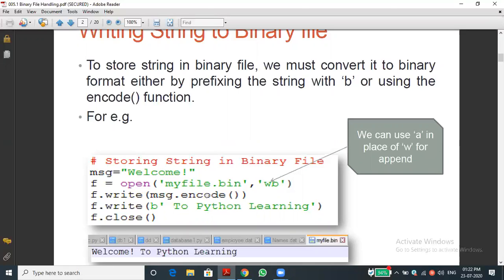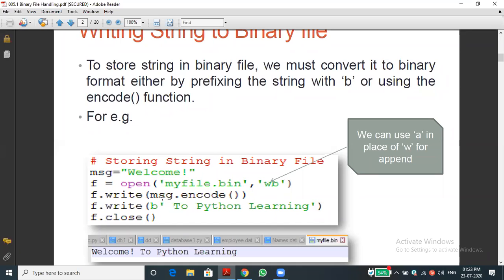But here what are we storing? We are about to store a string. So suppose we want to store a string, or integer, or whatever data type, other than binary streams, we must and should encode that. That is the only way. These are all basic operations. In later classes, we will see how to store it directly. This is the basic concept of binary files, and I am teaching this so you understand binary files.